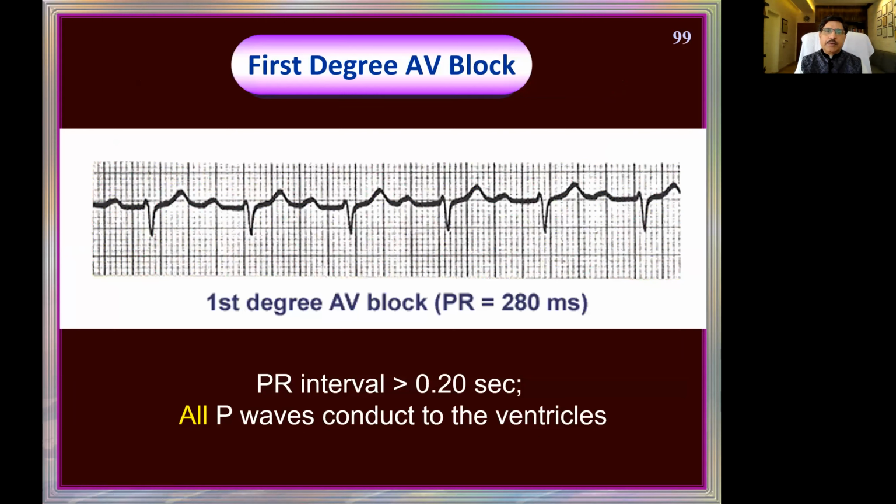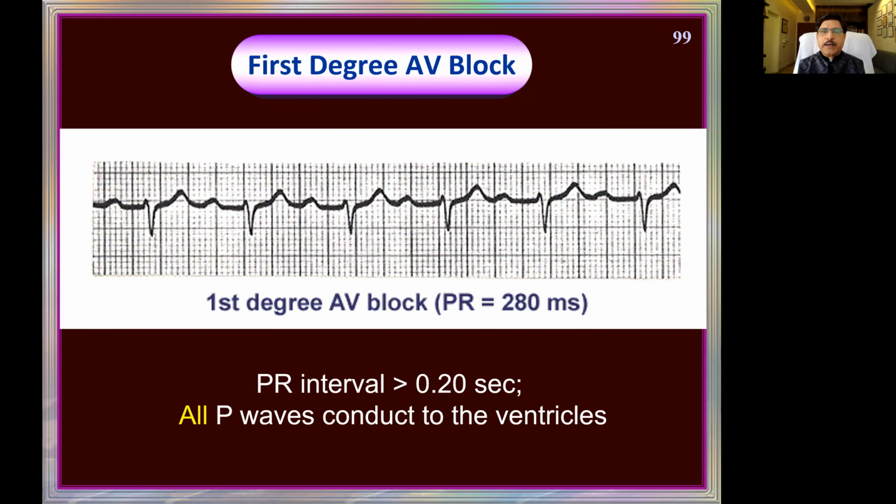Now here, this is much above the bundle branches. It is in the AV node, some AV block. It is classified into three types. All of you would have studied in your physiology as well as in your clinical medicine as undergraduates: first degree AV block, second degree AV block, and third degree AV block. It's very important for us to know because treatment is important for these conditions. What is first degree AV block?